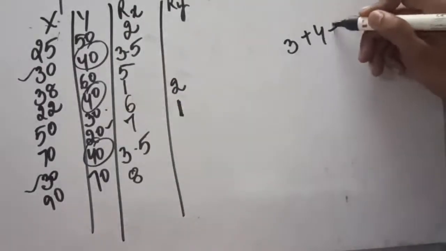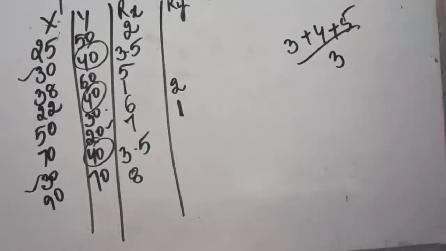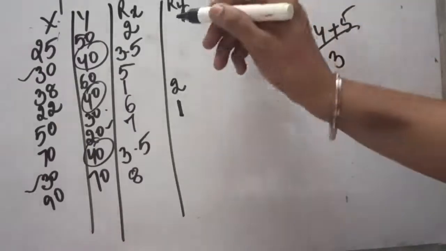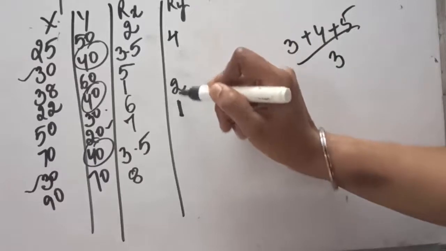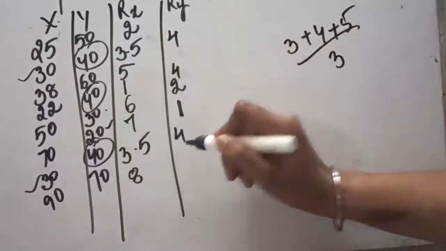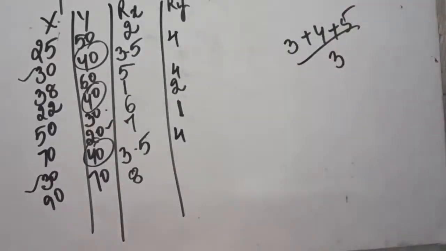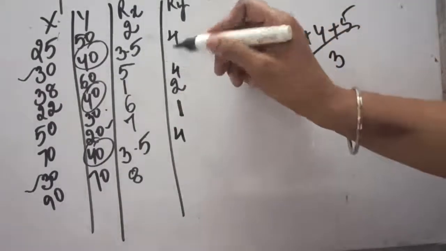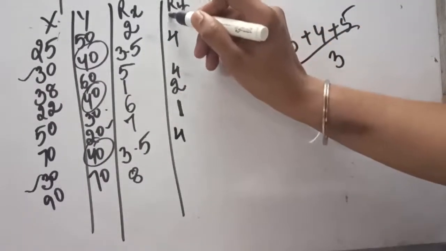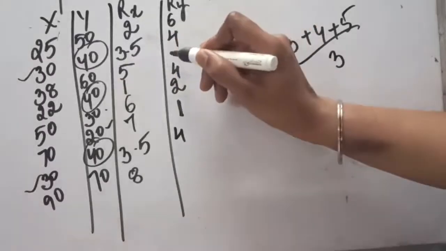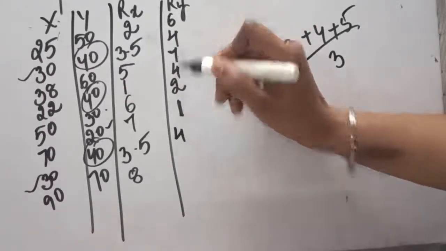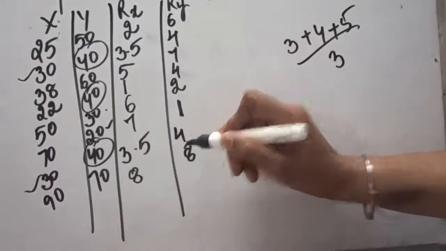And our next ranks are 3, 4, 5. So we will take the average of these 3 ranks, and the average will be 4 only. So we will give rank number 4 to all these 40s. So our 3, 4, 5 has gone. Next will be our rank number 6. After 40 it is 50, so this will be rank number 6. To 60, rank number 7. To 70 it will be rank number 8. So now all the ranks have been allotted.